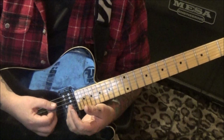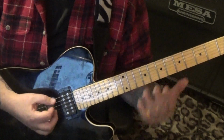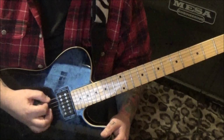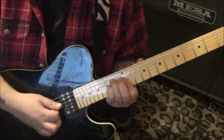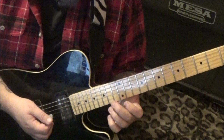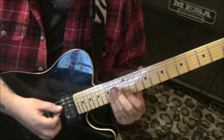If you struggle with alternate picking and palm muting, this is the best thing to work on, because there's nothing fretted, it's just an open string. Experiment with fingering. The way Paul Stanley does this live is different, but this is how it just feels more comfortable to me. Follow the fingering in your tabs